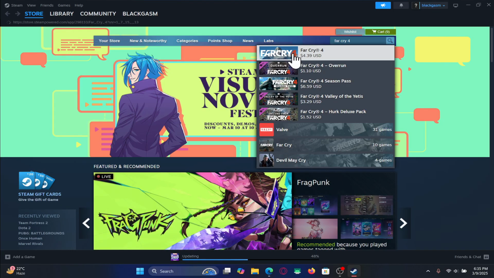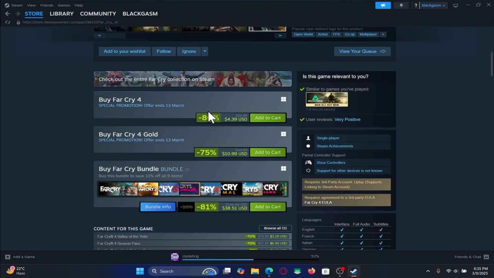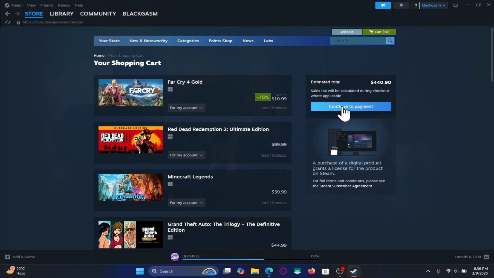Once you find the game, just click on it and you will be shown the game's details. And you can also watch the trailer. Then if you scroll down, you will see the various different editions that you can buy of the game. Just tap on the Add to Cart button, and then you can click on View My Cart, and then continue